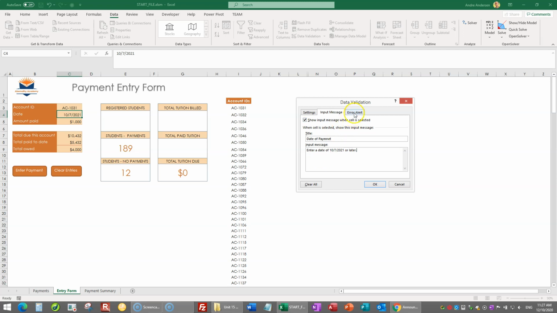Now we're going to jump into the error alert. And here's where we're going to be able to do a warning, right? So under styles, we have stop, warning, and information. So we're just going to put a warning there, and we're going to call this particular warning invalid dates. Invalid dates. All right, so if somebody tries to put an invalid date in that particular cell C4, then this is what they will get as an error message or a warning message. Okay, invalid date,